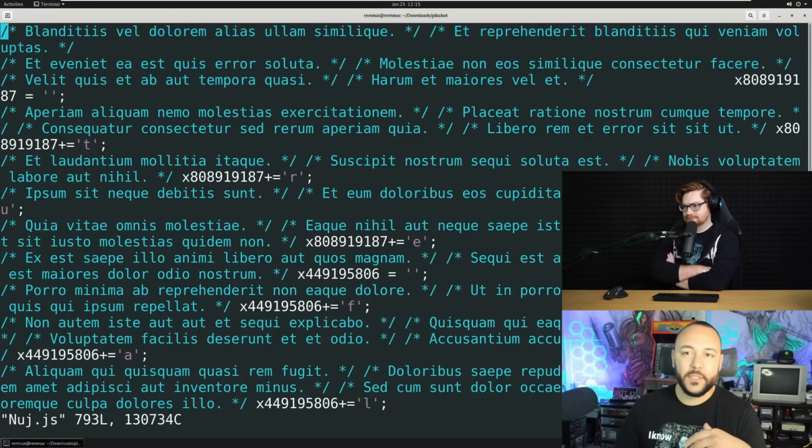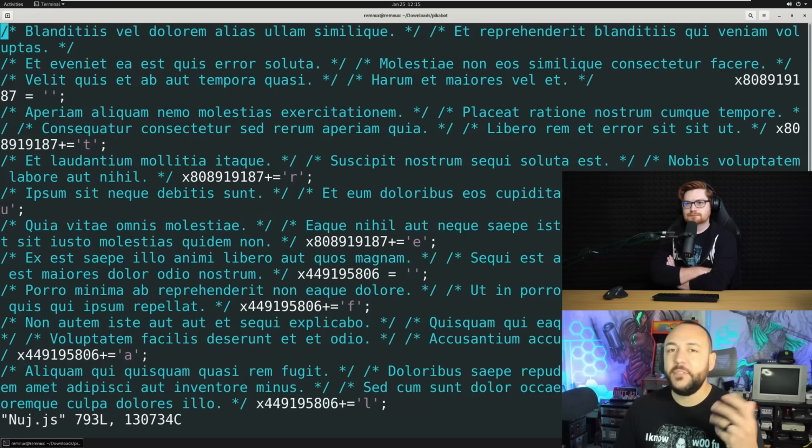Exactly. So for anyone who may not be familiar, a lot of scripts will have filler. And sometimes that filler will be in the way of commands that don't really do anything. I mean, technically they do something, but they're not utilized. Like empty variable assignments, variables being assigned values for no reason whatsoever. And oftentimes you'll have comments like this.